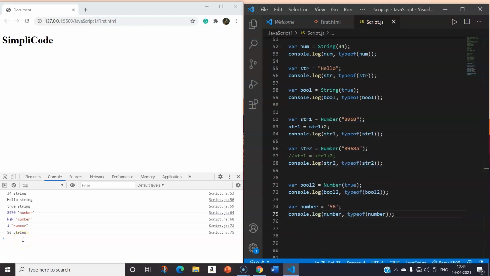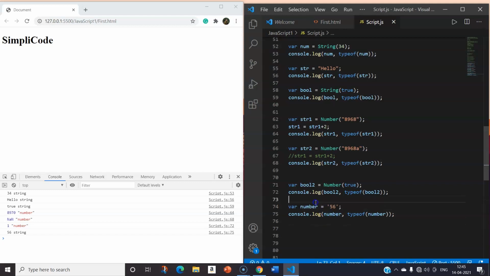Here you can see that the output is showing 56 as a string. So the data type here is string because I have used single inverted commas, so it will take 56 as a string. Now let's suppose I want to parse this as an integer, or say I want to change it to a number. I can use parseInt as well.